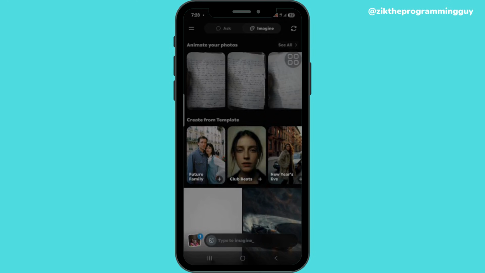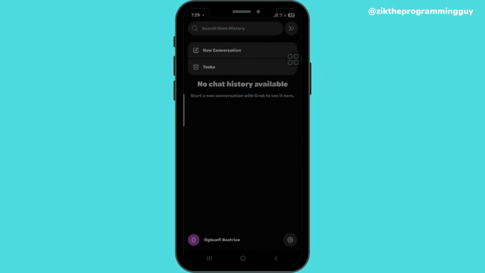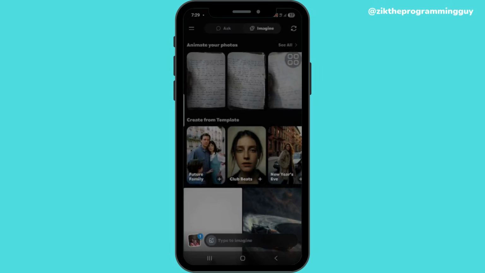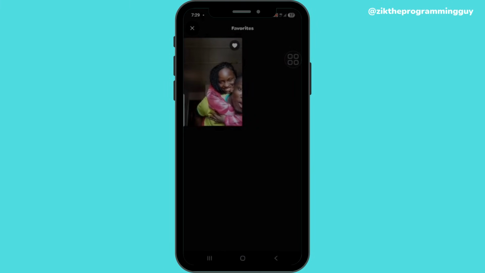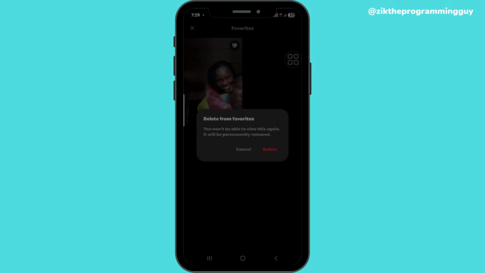So click on all. Okay, I think these are your photos and your gallery. So you click on this and you can see your works. This is where all your worked on videos and images are being saved. So you can click on this and you see all the videos and images, and all you need to do is click on this icon right here, click on that and you can see delete. So you can just delete it, and that's how I delete